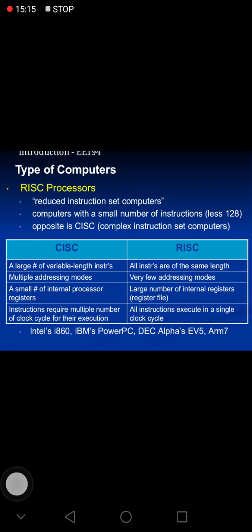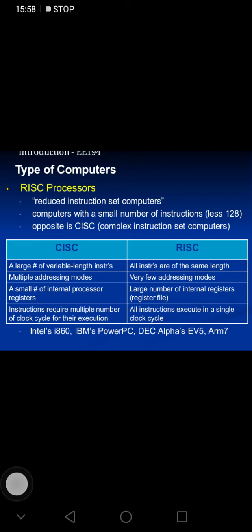Okay, RISC is reduced instruction set computers. So basically these computers are the computers where you cannot input some instruction which is complex, no, so reduced instruction set computers. And for CISC, which is complex instruction set computers, most probably maraming na handle to siya na instructions, no, even if it is complex. So here is the comparison between CISC and RISC. We have a large number of variable length instructions, whereas in RISC all instructions are of the same length. No, so yun, pare-parehas yung length daw niya.